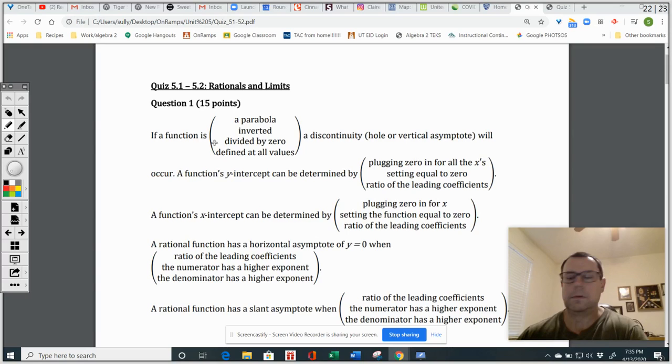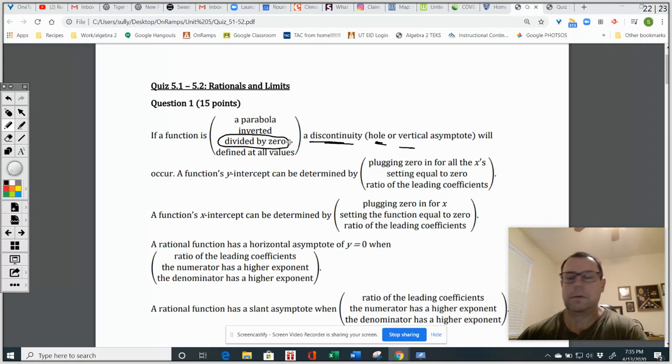All right, so I'm just going to go through a couple of the problems on quiz 5.1 through 5.2 and work some stuff out for you guys. So a function is, and this would normally be a blank, so a function is blank, a discontinuity, hole, or vertical asymptote will occur. So remember, we're going to get a discontinuity, hole, or vertical asymptote when we are